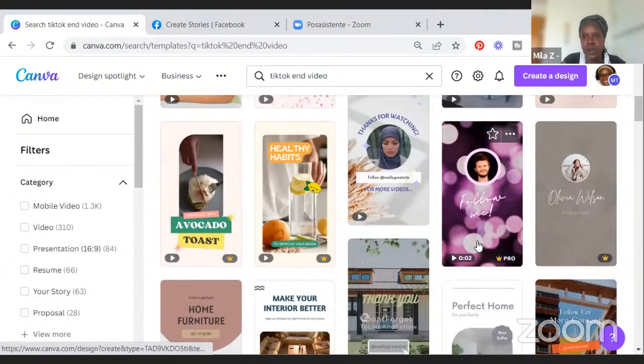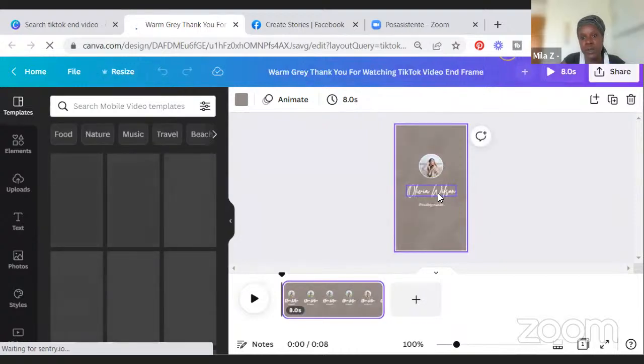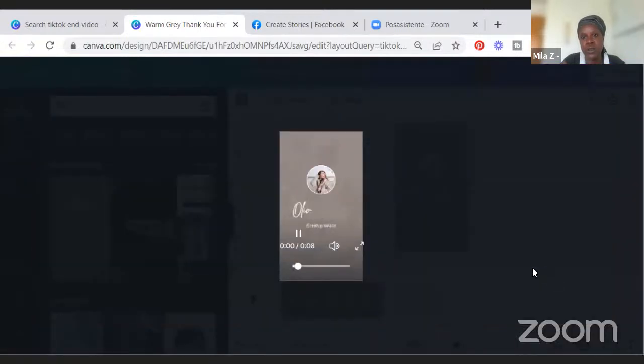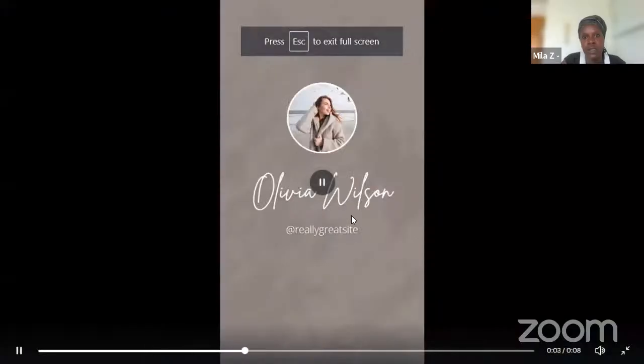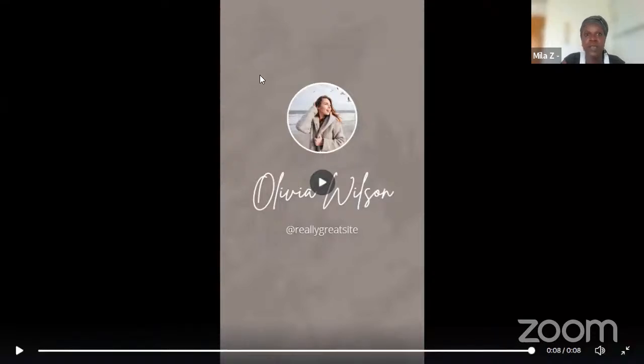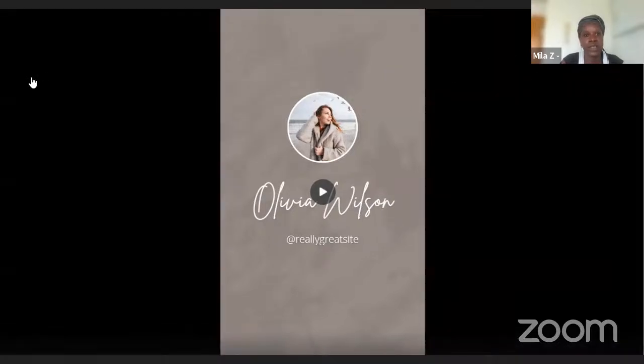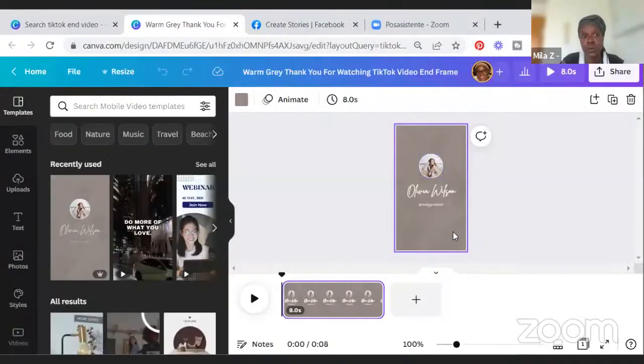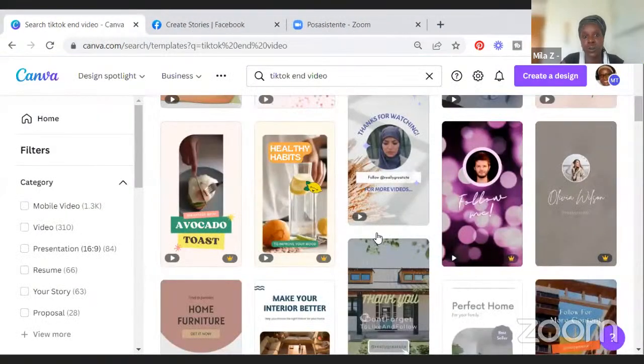Which has either the follow me or one like this, where you would be using your brand colors. And you'd be able to put your name, right? So you can see how it looks here. And you'd have your name and your website, and change the background to whatever you think would look good for your brand colors. And that's all part of branding at the end of the day, which is so important,